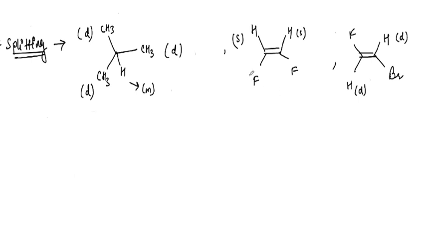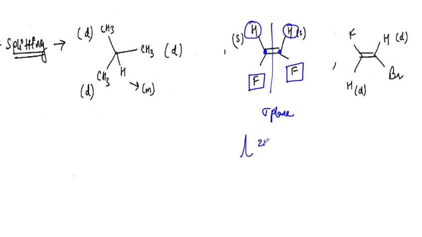Dekho, in this alkene system we are having fluorine on both these carbons, right? If we are having fluorine on both these carbons, there is going to pass a sigma plane through this molecule. Both of the carbons are the same, both of the hydrogens are the same, so they are not going to split each other, rather they are only going to give one peak for two hydrogens, right? Only one peak for two hydrogens, no splitting, so singlet.